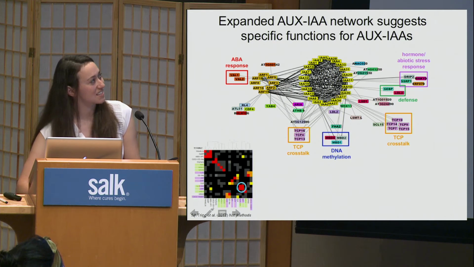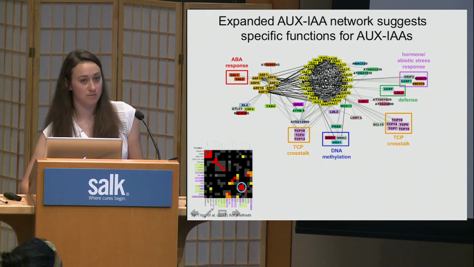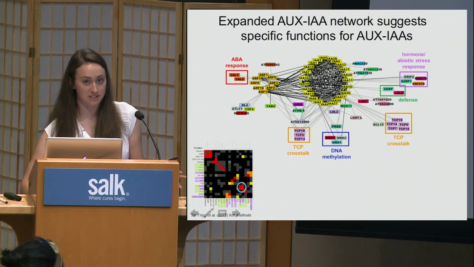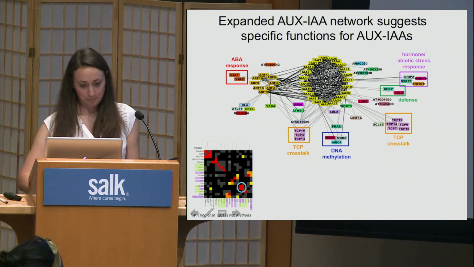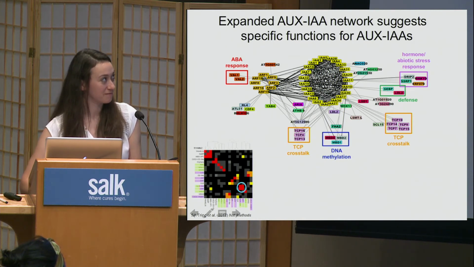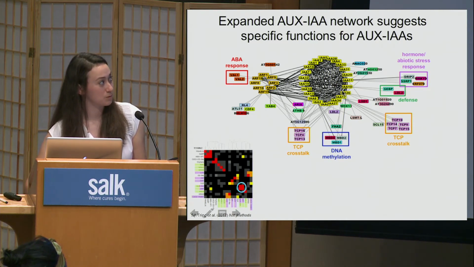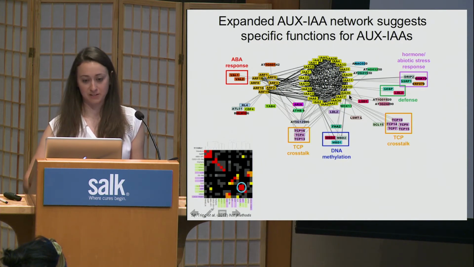And then this example was really interesting. This is a known inter-family interaction between the ARF transcription factors and the AUX/IAA transcription factors. These transcription factors are known to be involved in the auxin response in plants, and auxin is a plant hormone. That's why we see all these different black lines here, because these are known interactions. What is not known, or has not really been found in the plant world yet, is all these gray lines, these new interactions between AUX/IAA proteins and other transcription factors from different families.